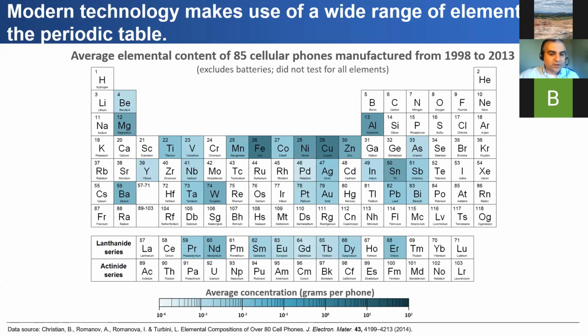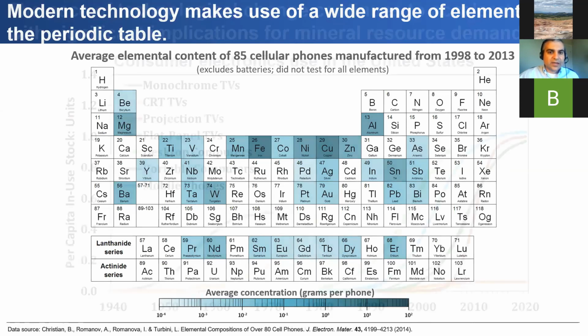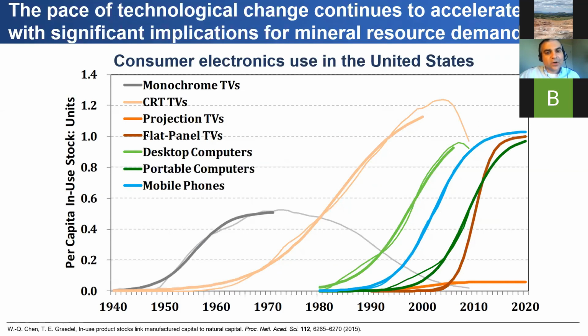Here's a figure from work that was done looking at the elemental content of cell phones that were produced from 1998 to 2013. They didn't test for all elements, and it excludes the batteries, but you can see that there are already several dozen elements that are used in cell phones. And the other thing to note, and I think that we know this intuitively, is that technology is moving faster,